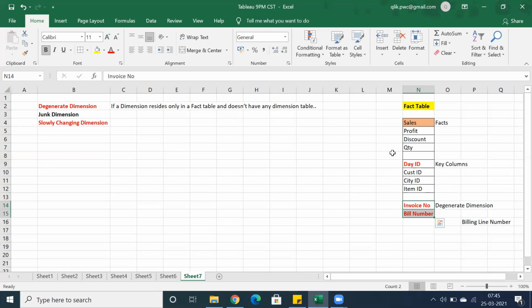And someone can also ask, if we have a day ID in the fact table, and you don't have any day related information in any of the dimension tables, can we call this a degenerate dimension? Yes, we can. That's the concept, but basically this is the proper naming of the proper columns to call. Any dimension which is present only in the fact table and does not have any dimension table, that column we call a degenerate dimension. Clear?